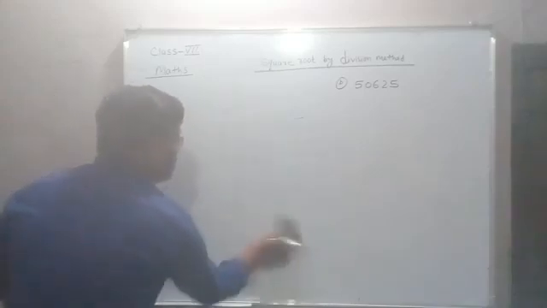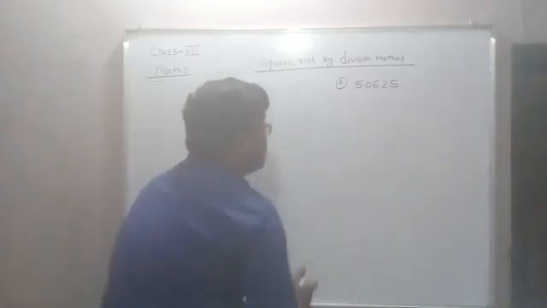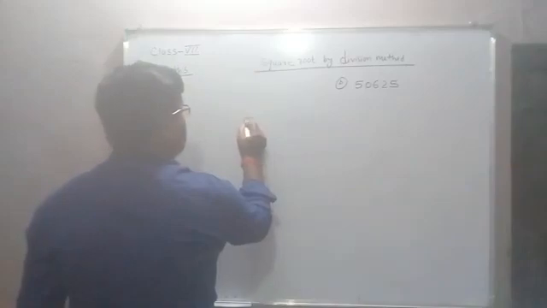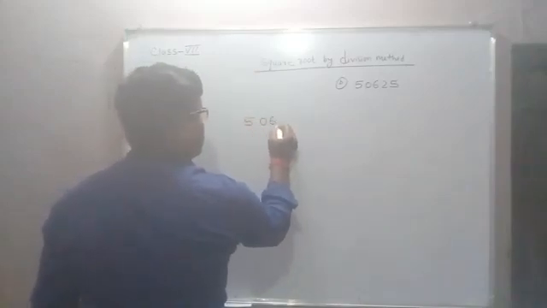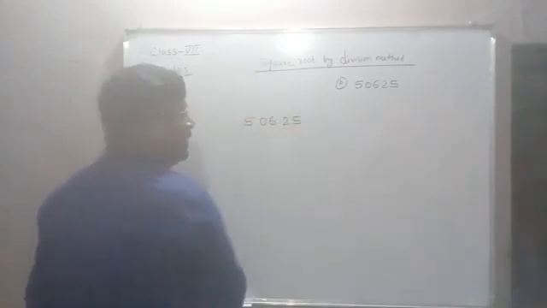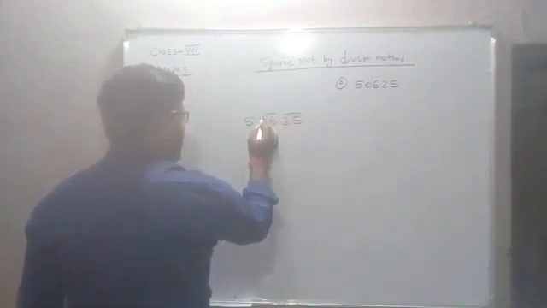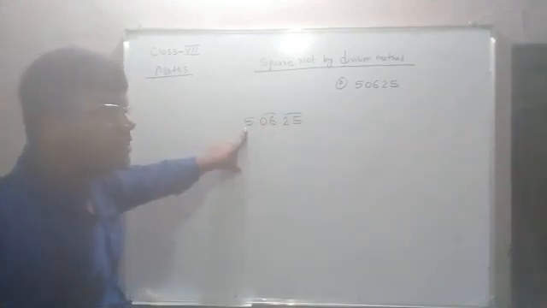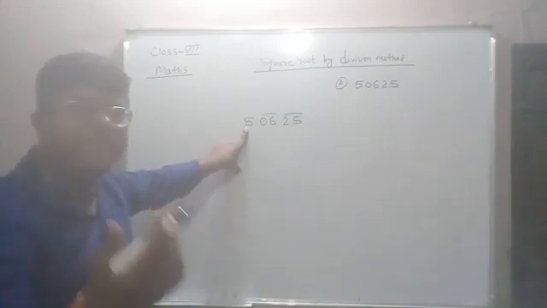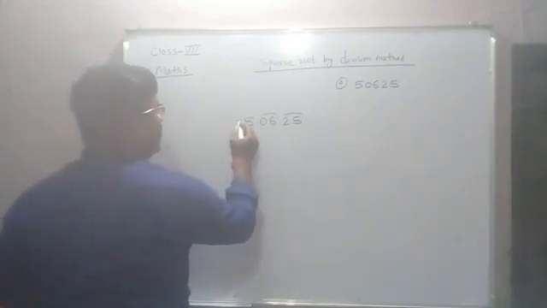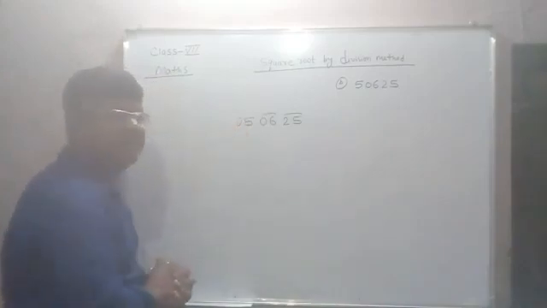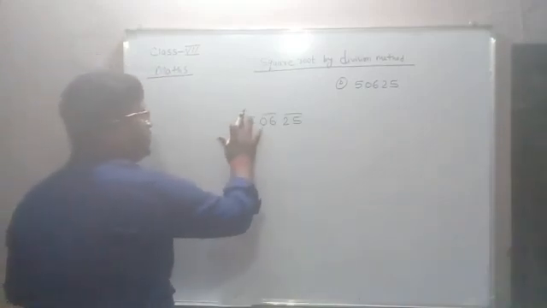So same process, let's start. What is the number here? Okay, we need to pair the digits from right to left. So these 2 are in a pair, these 2 are in a pair. This is alone. If you need to make it a pair, you can write 0 here, but it will represent your 5 only. So I will not write it here.